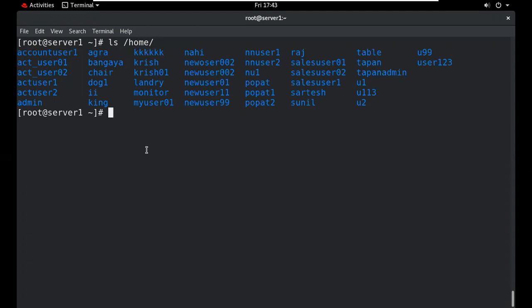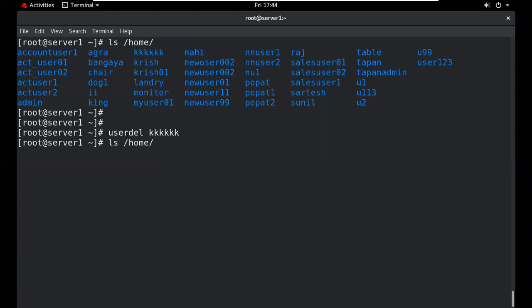The command for this is userdel, then give the name of the user. This information will be deleted from /etc/passwd also. So all the user information will be deleted, but it leaves the information in the home directory.